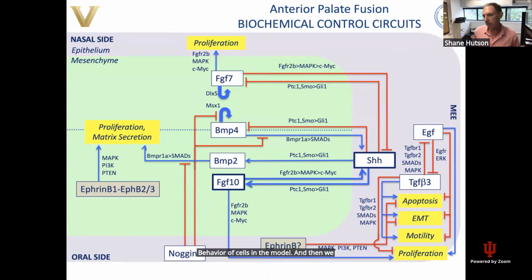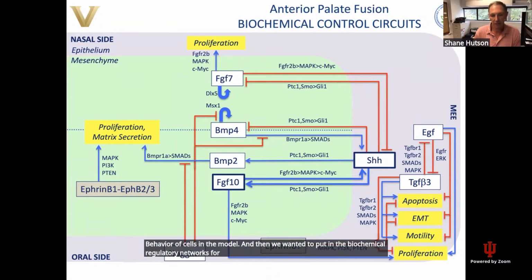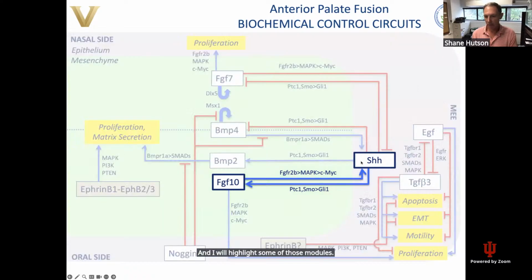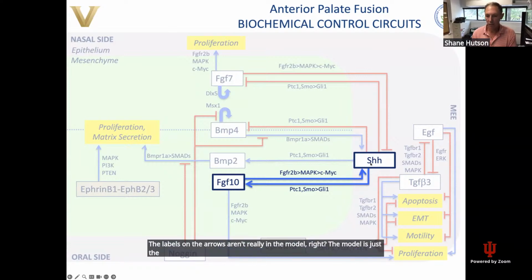And then we wanted to put in the biochemical regulatory networks for this. So this is the whole picture of it, but there's a couple of modules in here that really become important for it. And I will highlight some of those modules. So one of them is this loop right here between sonic hedgehog, SHH, and fibroblast growth factor 10, FGF10. And what's on the arrows is what mediates the interaction. The labels on the arrows aren't really in the model. The model is just the interaction between these two